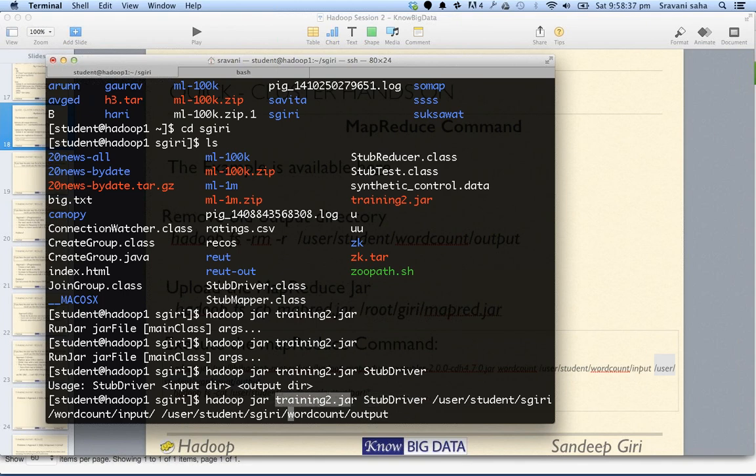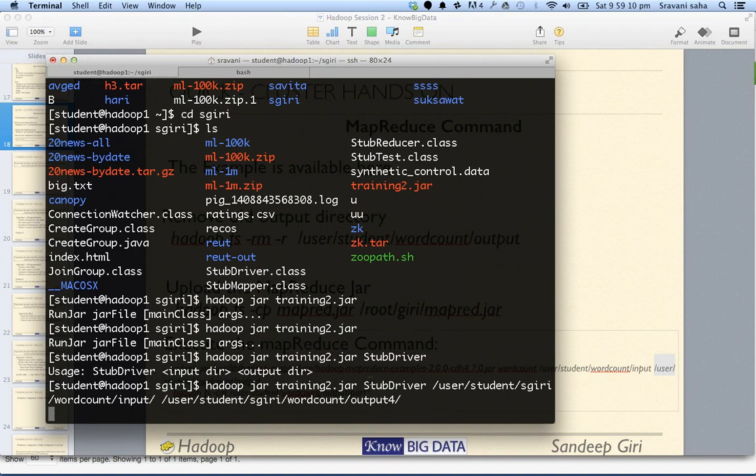The person who has written this jar will tell you the class name, and then you specify whatever arguments this program requires. In my case, it requires an input directory and an output directory. So it will take the file from the input directory, compute statistics, and then save it in the output directory. Okay, basically